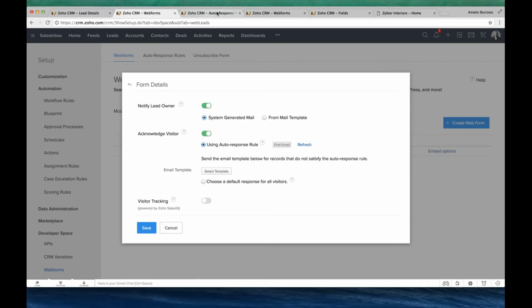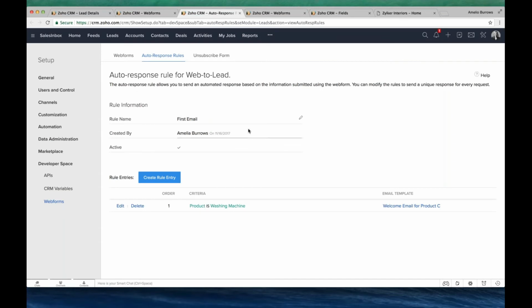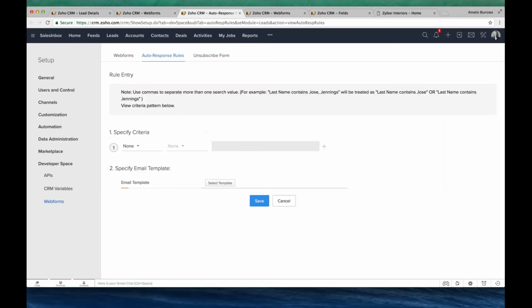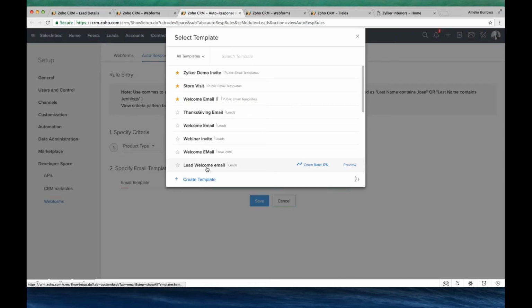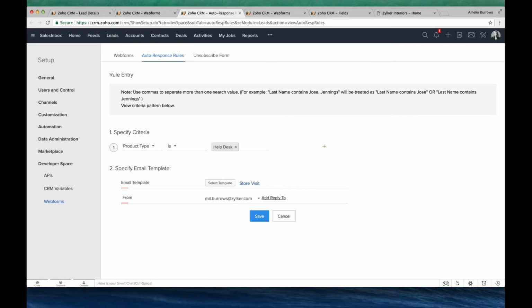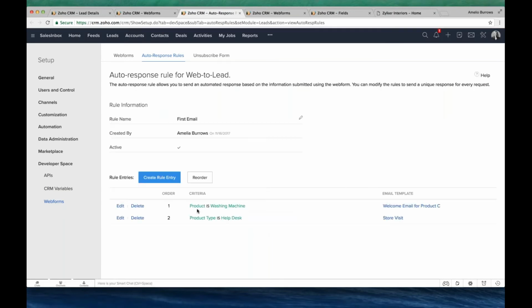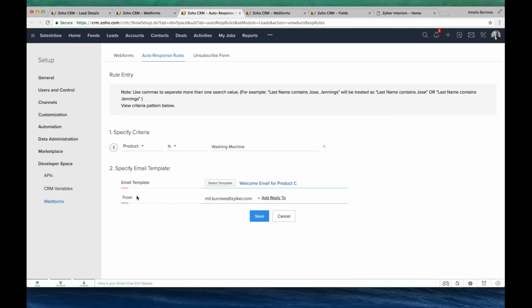So I clicked on that. I've gone inside this rule. Now you could see, based upon the criteria, based upon the product, email can be used. Again, I can create another rule entry. So if the product is help desk, I can choose something else, store visit or something. Let me also change this to product type, and if it is CRM,